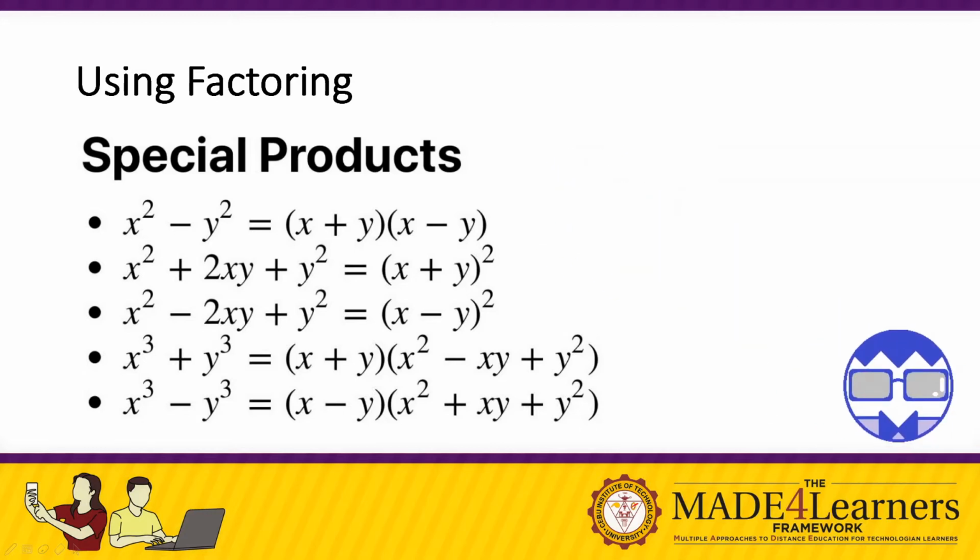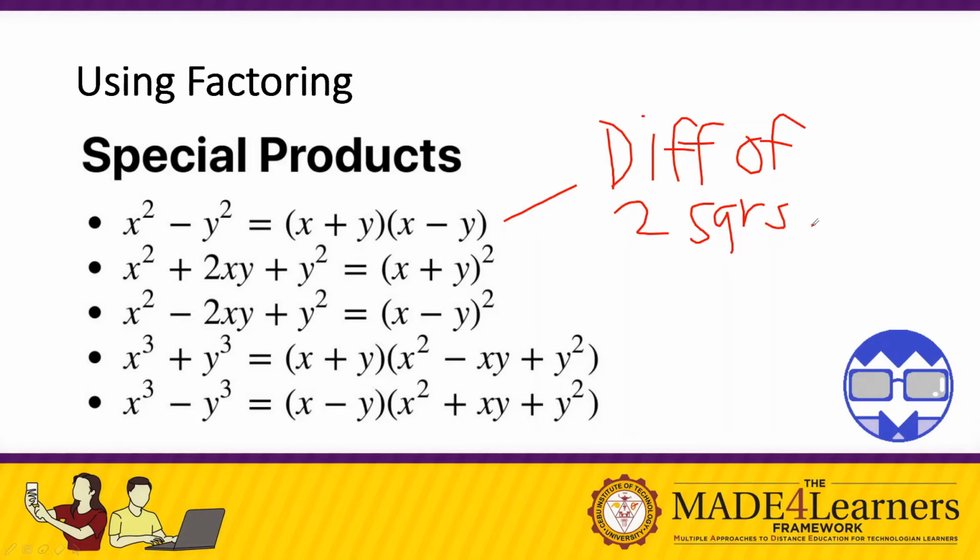The first one, we call x squared minus y squared equals the quantity of x plus y times x minus y. This is the difference of two squares. Next, we have, of course,